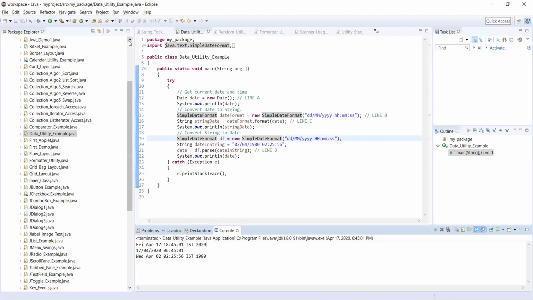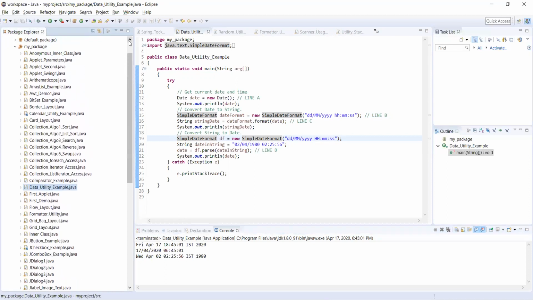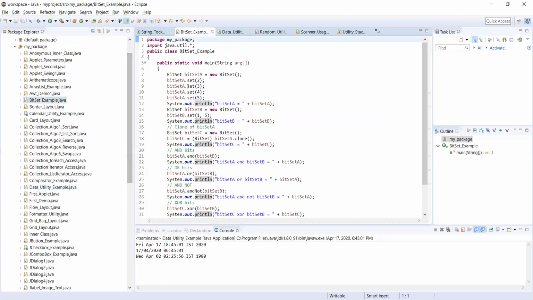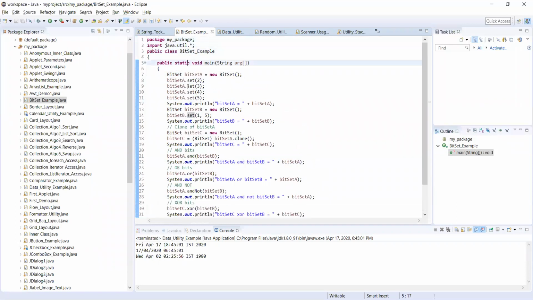Okay, so this is another example of a utility class. Likewise, in many ways you can implement these utility classes. And one more important thing is the BitSet example. This is also one more utility class in Java. We have created three BitSets here, friends: bitSetA, bitSetB, and bitSetC. In bitSetA, I have given some numbers 2, 3, 4, 5, and I want to identify the set of these numbers.